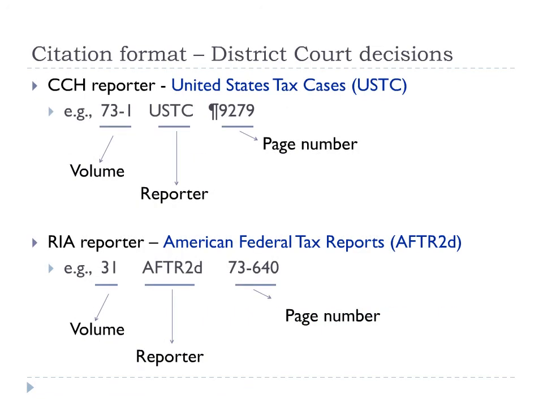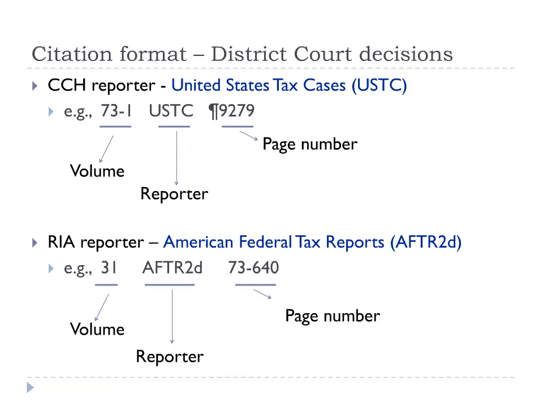The CCH reporter that contains district court decisions is named the United States Tax Cases Reporter, abbreviated in the citation as USTC. The information, in addition to the reporter name that will appear in the citation, includes the volume of the reporter and the page number on which the case begins, as indicated on the slide. The volume number, in this case 73-1, precedes USTC,